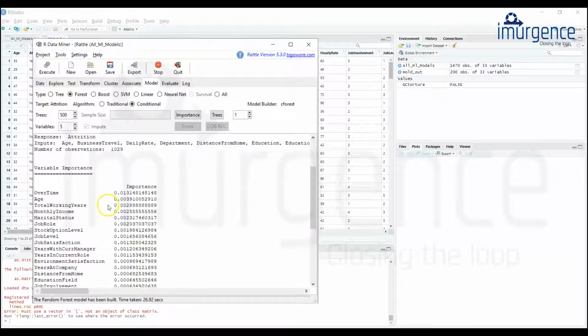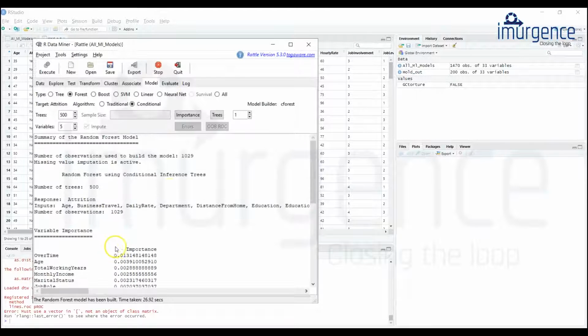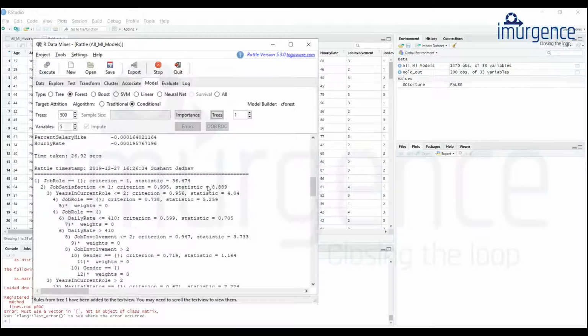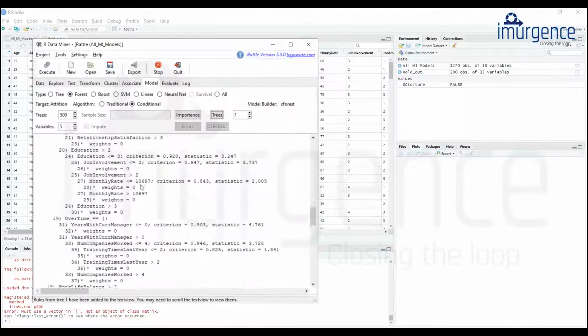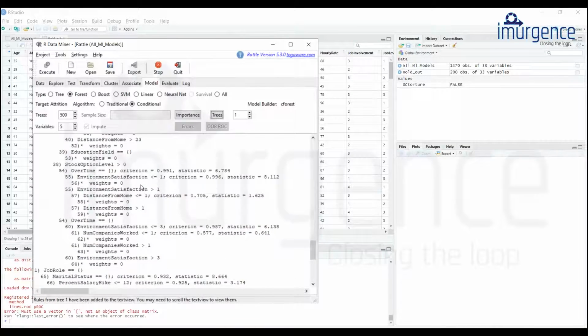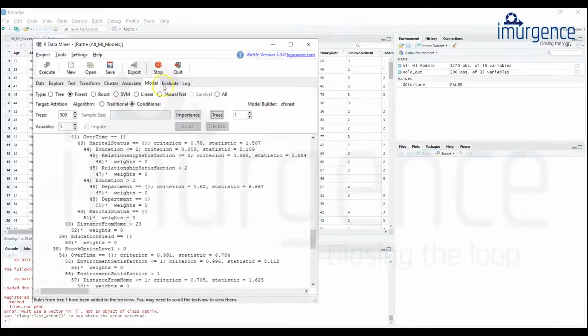Again the same variable importance and all those things. If I click on the tree, this gets activated and I can see the tree formation, how the tree has formed. You go and evaluate for this also.